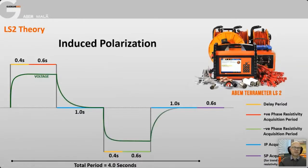Now, I've just realized that my webcam preview is over part of the slide. So I'm going to turn my webcam off now, so you don't have to look at my face and we can see a bit more of the screen. Okay, so